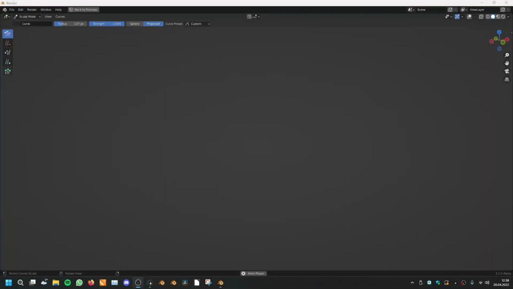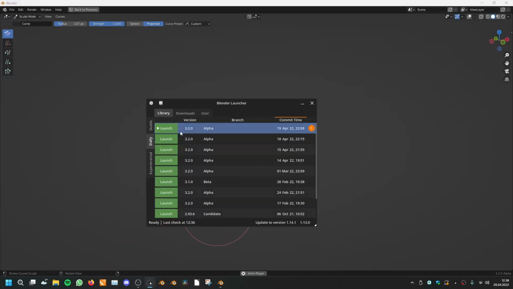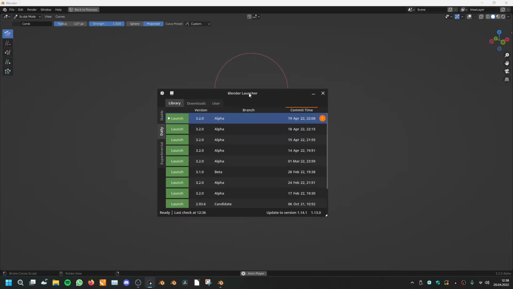Hey, welcome! Today we want to have a look at the new hair system and the new hair sculpt mode and the new implementation for geometry nodes for the new hair system, or now also called curves. We can have a look at it in the newest Blender 3.2 alpha, and you can download the newest build